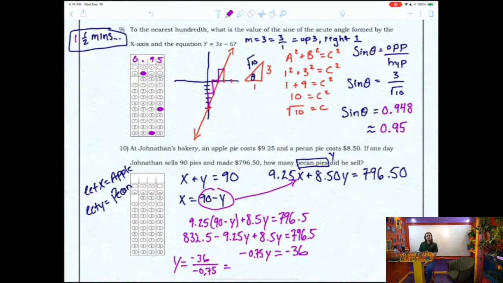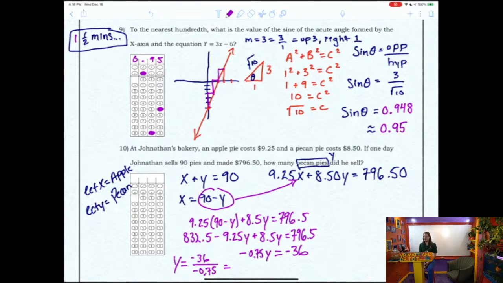For number 10, we can write two equations, one for the number of pies. So if we let x equal the apple pies and y equal the pecan pies, then we know that x plus y has to be equal to 90. And then we also know that there was a total of